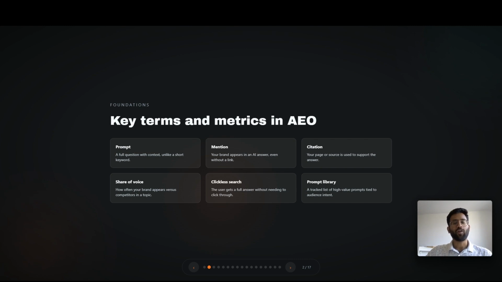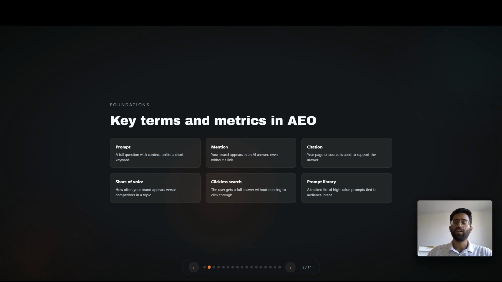So that's a prompt. A prompt will contain more nuances than a keyword because it includes a lot of information: context, intent, and also some constraints. For example, instead of typing "what is the best CRM out there," so if you think about SEO, it's more about "best CRM." That could be the keyword or phrase that you would like to optimize. But here it's more about "what is the best CRM for a, let's say, small B2B SaaS company with very low budget and maybe a long sales cycle." This is a detailed question, which is a prompt that users might ask, which is very personal to them, right? So that is more of a richer input. That is the definition of a prompt.